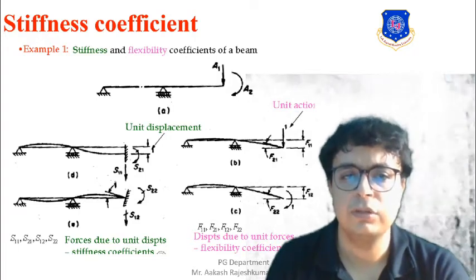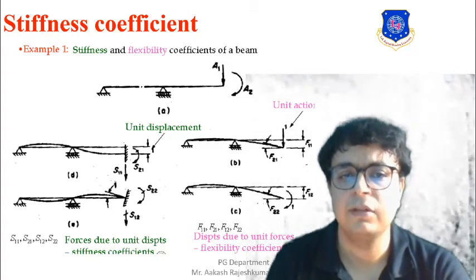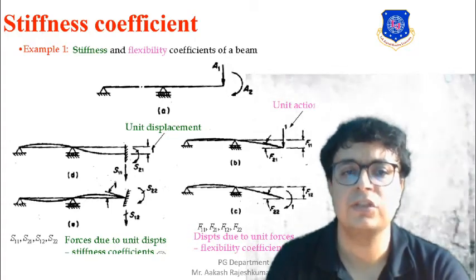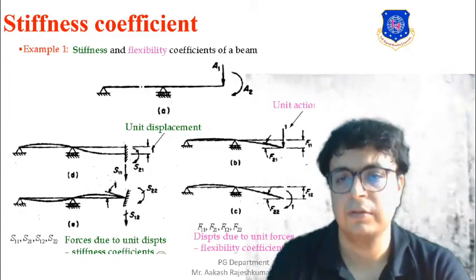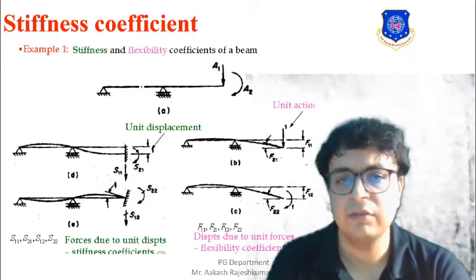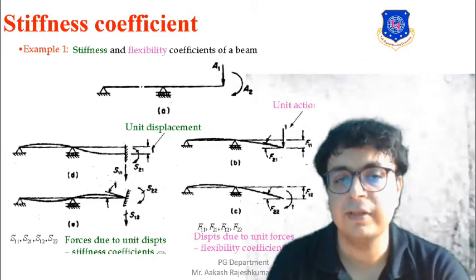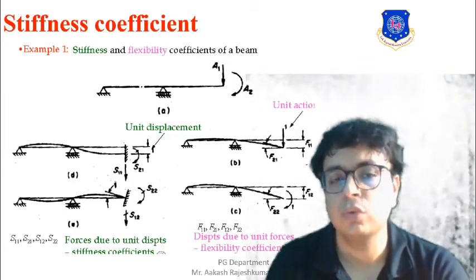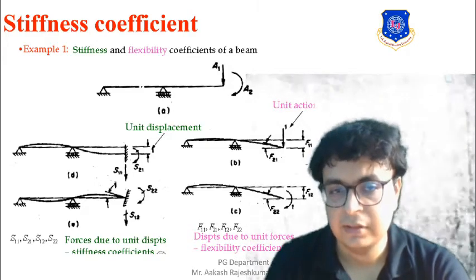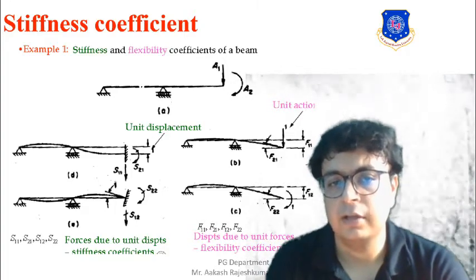So whenever a unit load is applied, this free end will be translating in a downward direction. So based on that, we can say that the stiffness coefficient can be found. So yes, S11 will be when the unit load is applied at the free end, and then the displacement will be S11. The rotation because of the unit load will be S21, means the displacement at 2 due to unit load at 1.